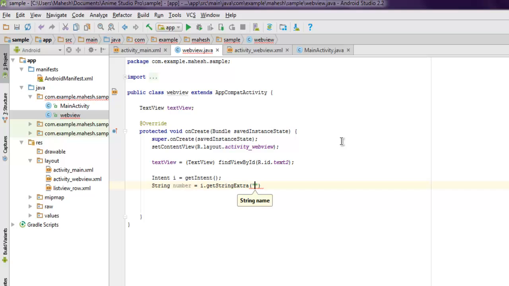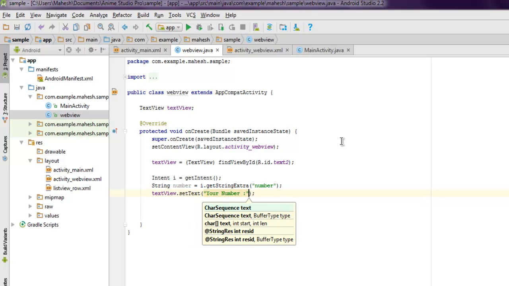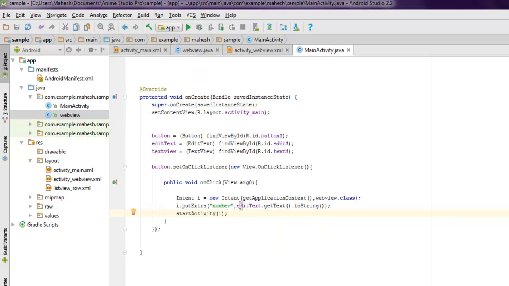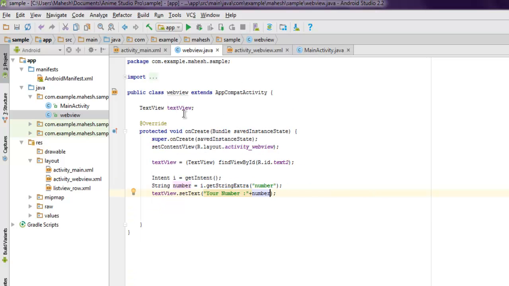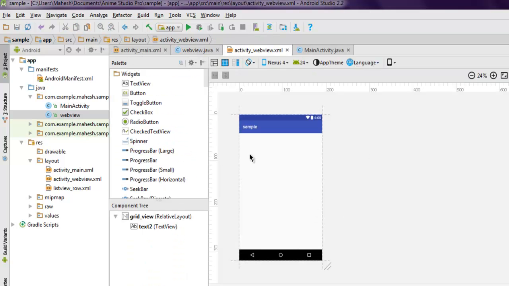Okay, and here we pass on our number from earlier activity here, and then we use textView.setText, and here your number, then colon, then plus, and here we use number. Okay, so that should get the content from our number here into our new activity here. Okay,